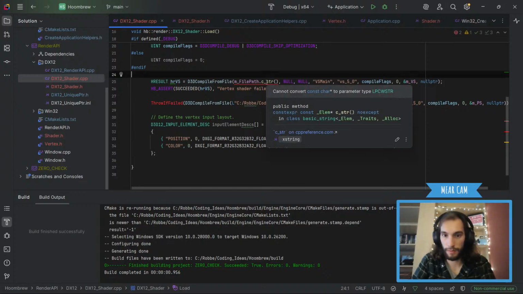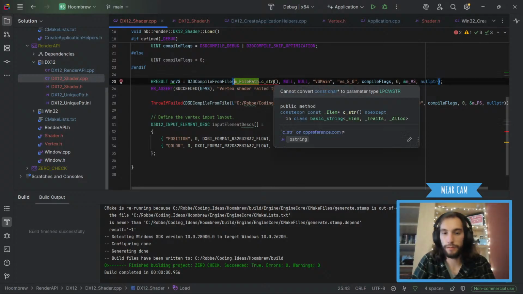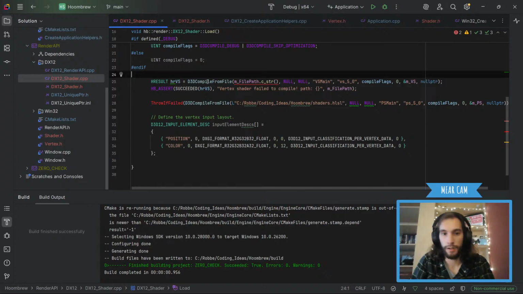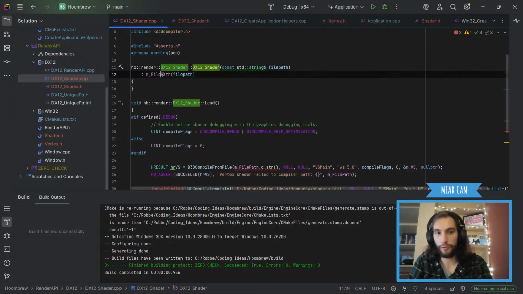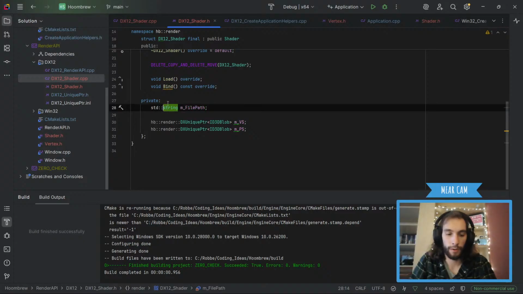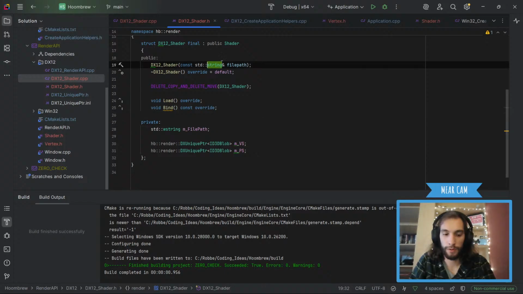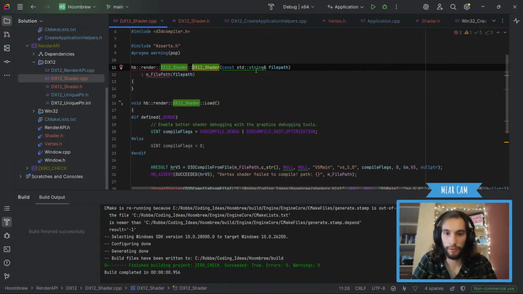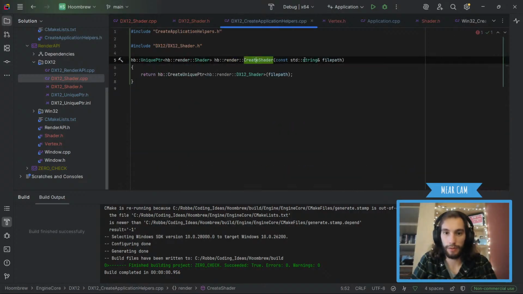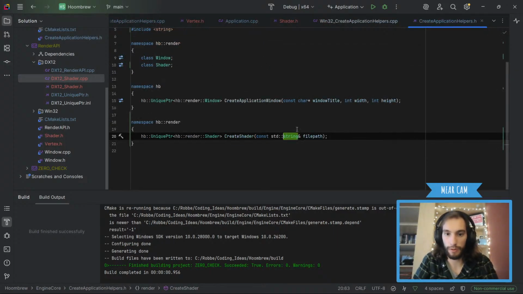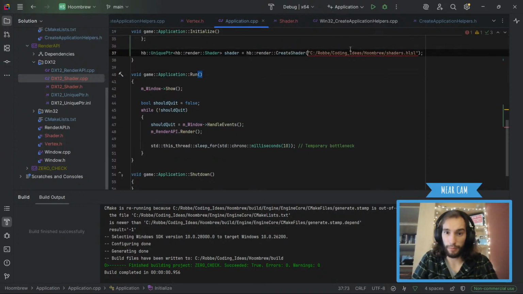Huh? Oh, it needs to be a wide string. Oh well, let's then just do a quick wide string. And that should work. That should be that. This should also just do that. And w string. And then the create should also be a wide string. And then this should go to definition, which should also be a wide string. An application will probably need to be in L, yeah.